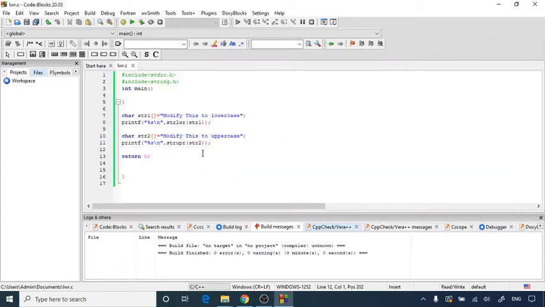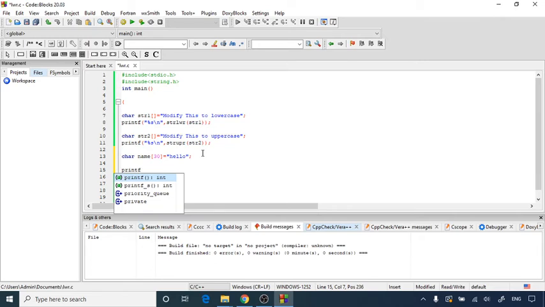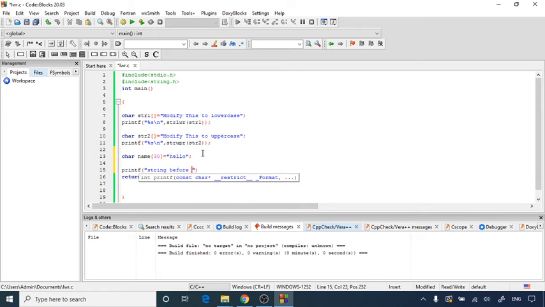Now let's understand one more function to reverse the string content. Here we are going to declare one more string. Let's declare a char array, give some size to it, and give the content as hello. Now here I am going to reverse the string, but before that we can write one printf function. To understand the output in a proper way, I'll use the printf function two times. The first time I'll write string before reversing.